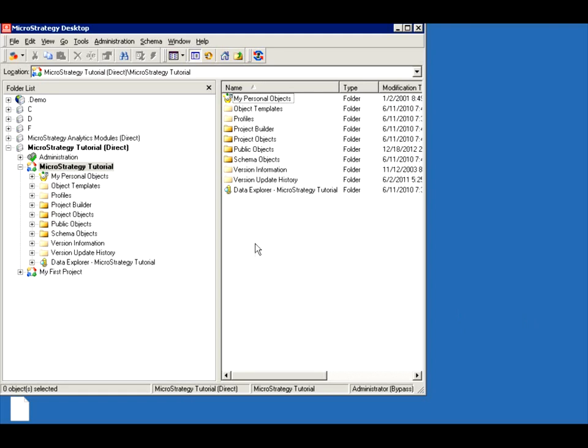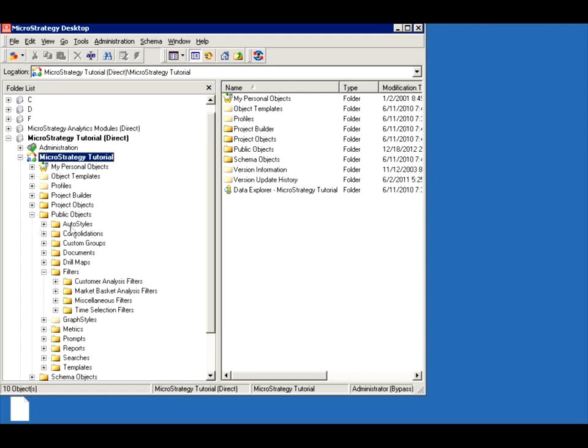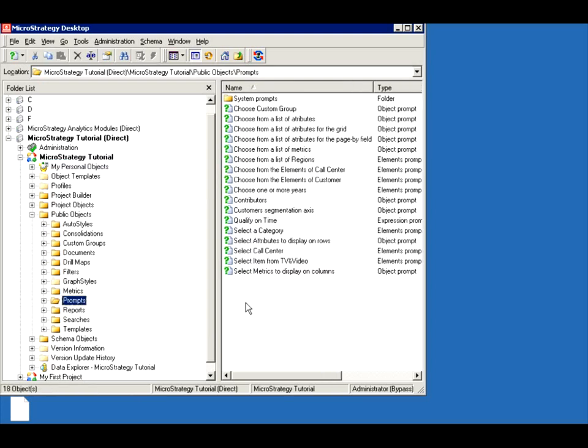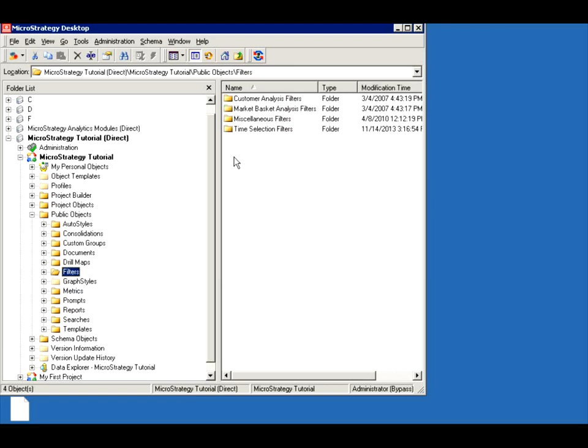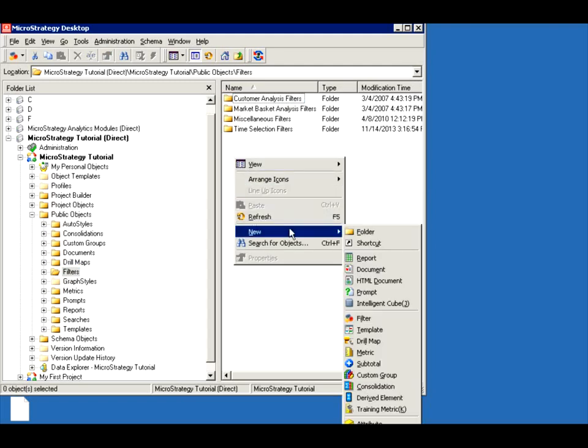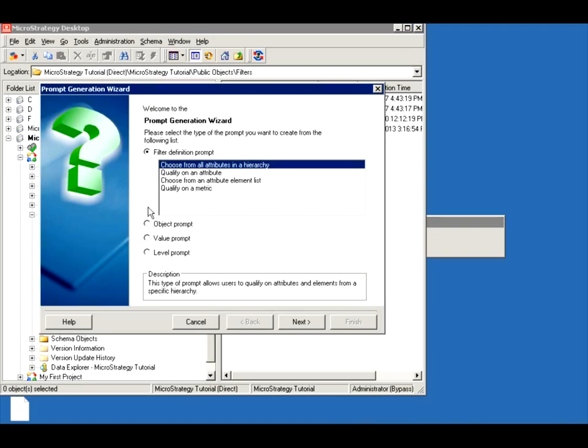The first thing is creating prompts. Let's just use the general folder area for our work. Actually, let's not confuse it with the pre-built prompts in the tutorial, so let's just go to a different area and build our work. Okay, this is a good area. So the first thing is creating a prompt. Right click, new, and prompt. Okay, you'll notice there's 4 types of prompts, and the definition prompt has 4 different